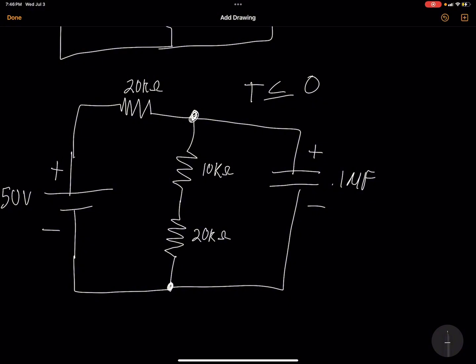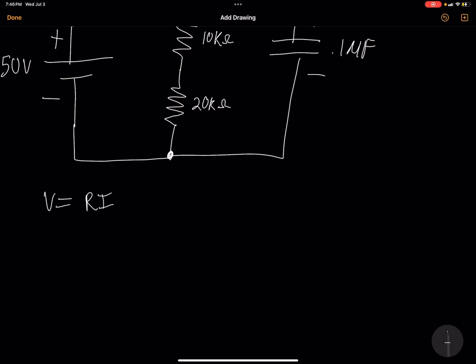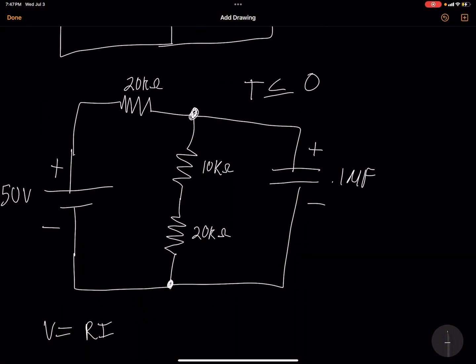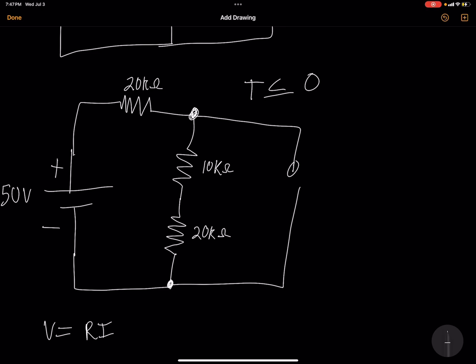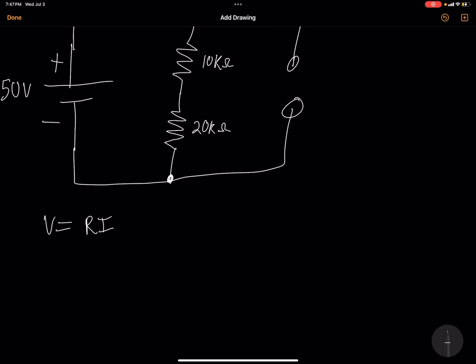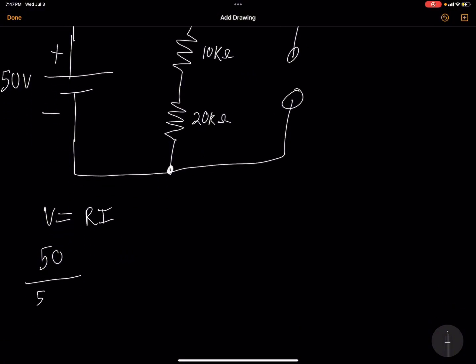So how are we going to solve that? Well, we know voltage is equal to R times I. I forgot to mention this: as it sits for a very long time, this capacitor, we always assume that it's sat for a very long time, is an open circuit, right? So we can just solve this circuit as a single series circuit. So we can do the initial voltage, which is 50, divided by the total resistance. Since they're all in series, we can add them together. So 20 plus 10 plus 20, 50K. You don't have to put 50K if you don't want to, as long as at the end,